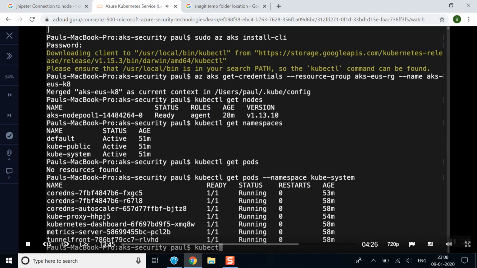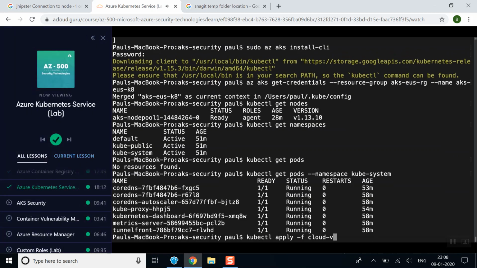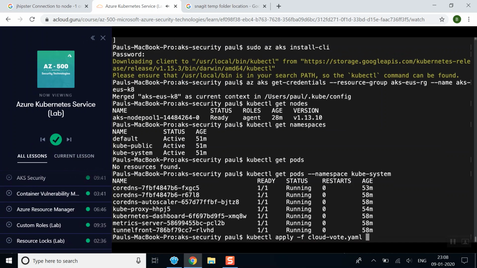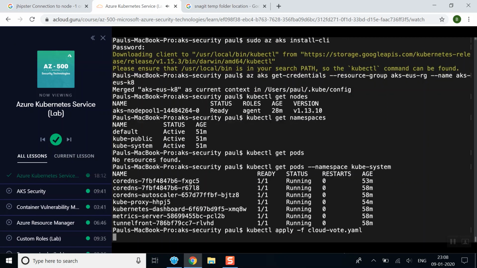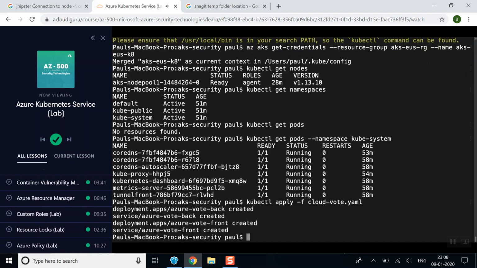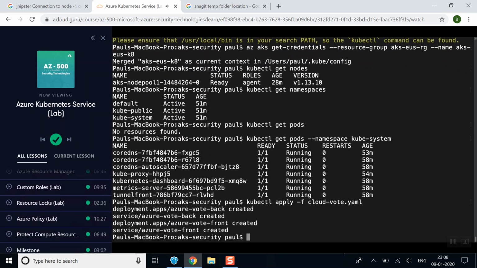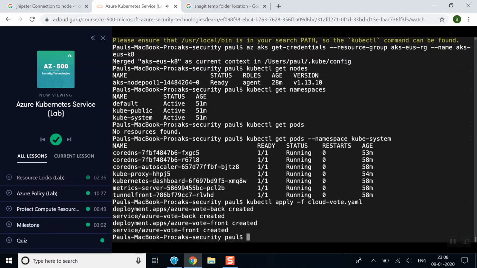Type kubectl apply -f cloud-vote.yaml. The application is being deployed to your Azure Kubernetes Service cluster. You can see that there are two containers, the Azure Vote Back and the Azure Vote Front. To monitor progress, type kubectl get service